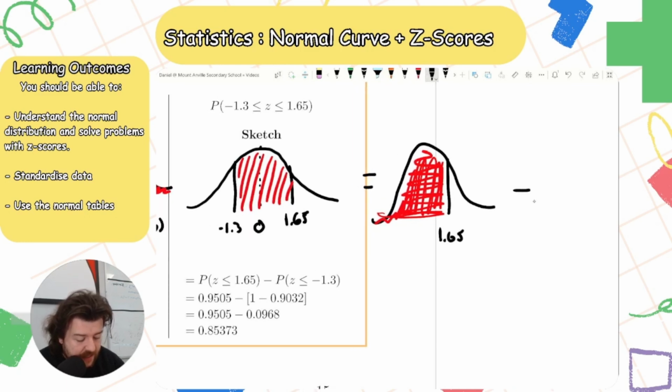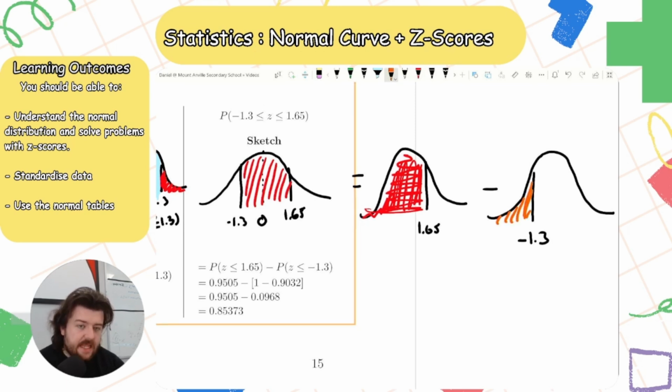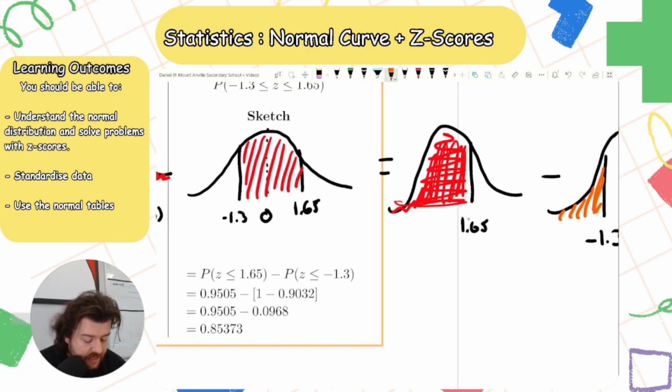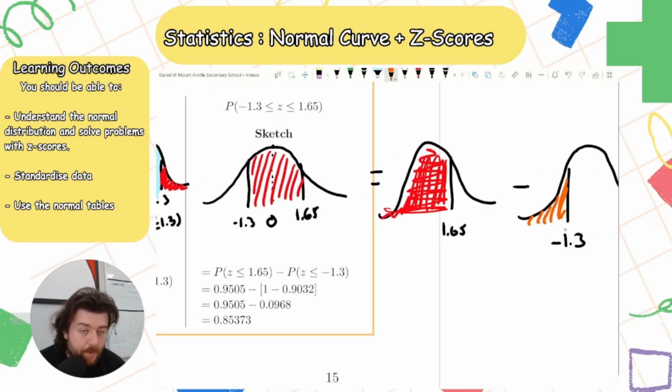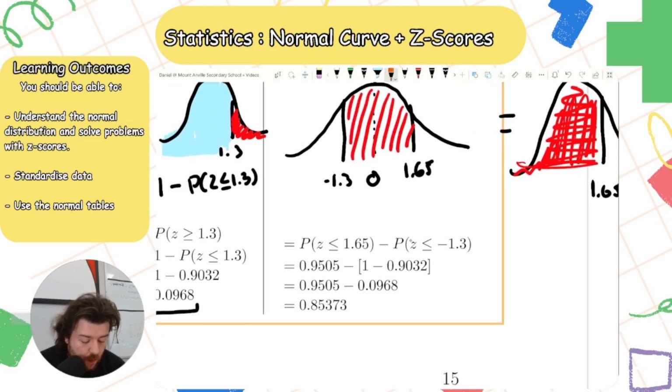And that'll be minus the probability minus 1.3, minus this probability here. So this will essentially be the probability that z is less than 1.65 minus the probability that z is less than minus 1.3. Now remember, if we're finding the probability of less than a minus z score, that's just 1 minus the positive. So that'd be 1 minus